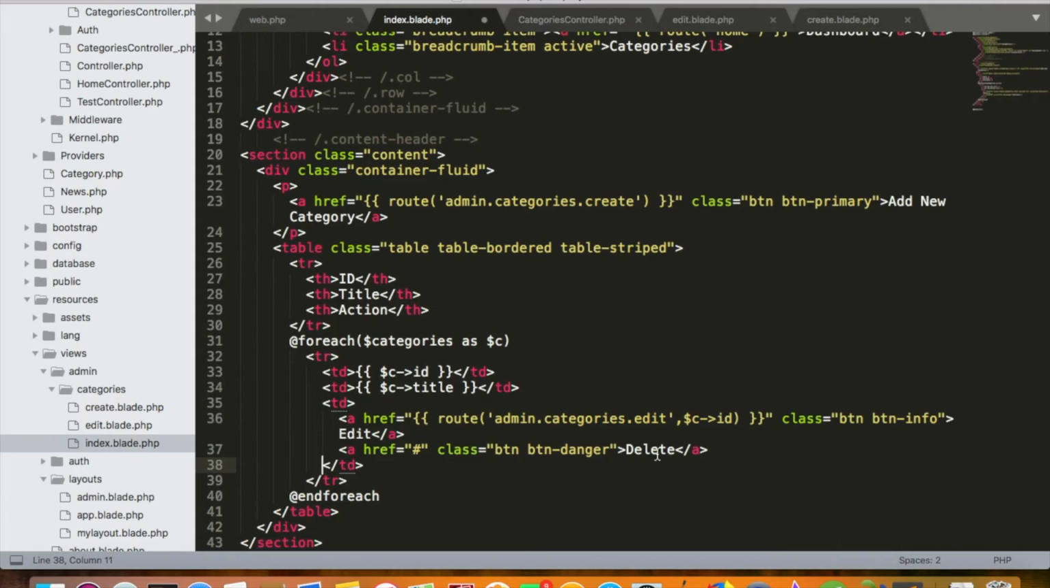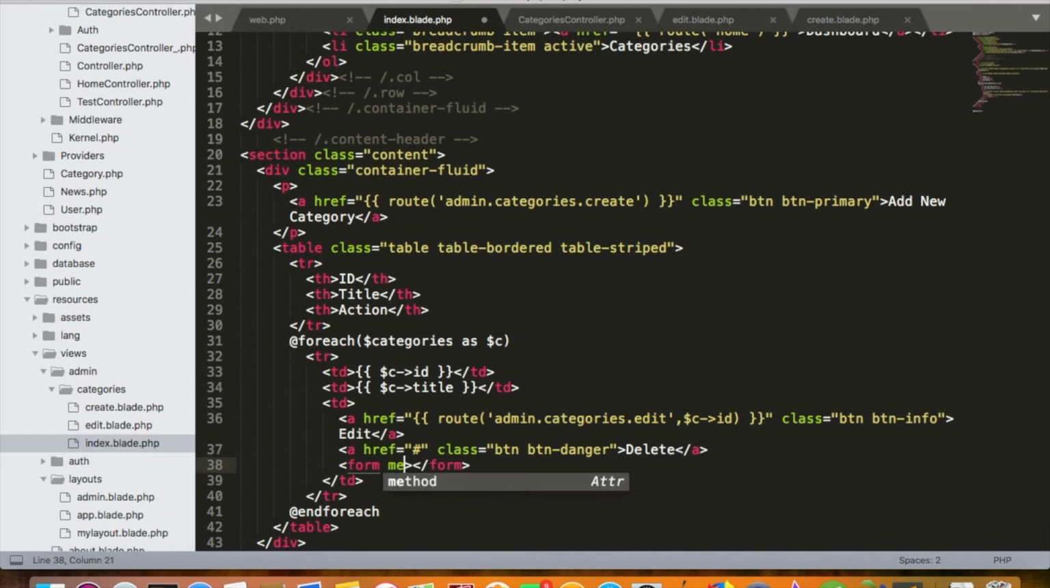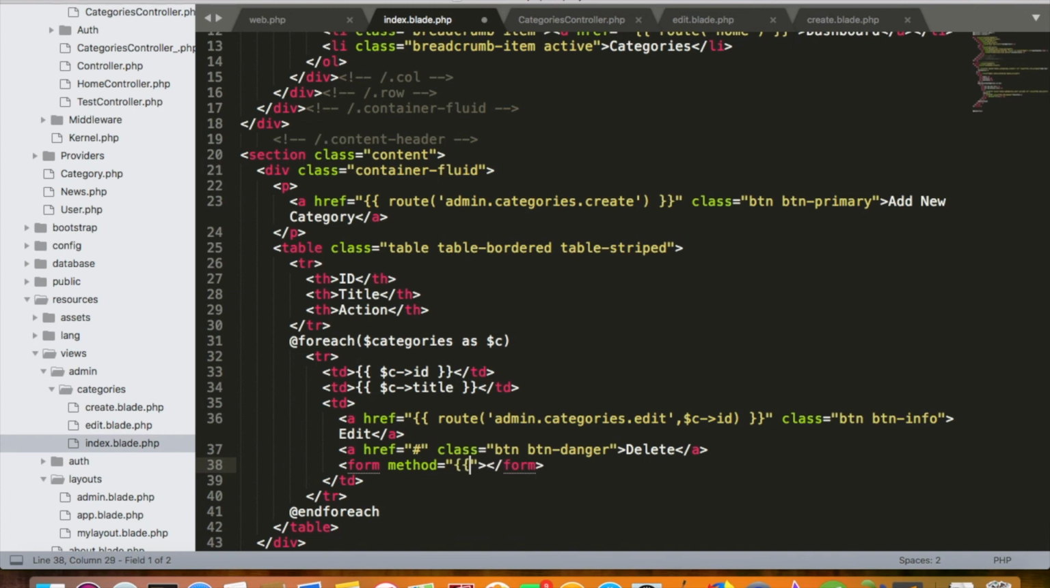So in order to do that, let's just forget about this anchor, let it be here. Just below the anchor, what we can do is create another form and give a method. The method we need to provide is photos.destroy with a parameter id, right? So our method would be